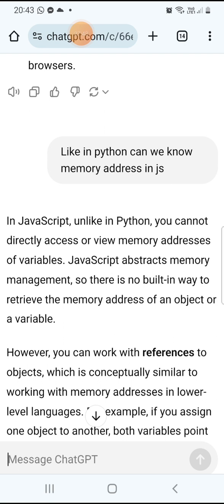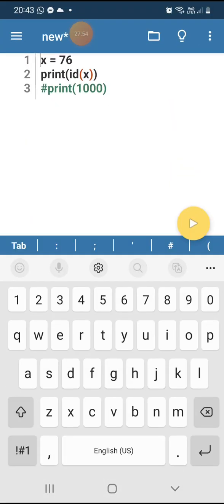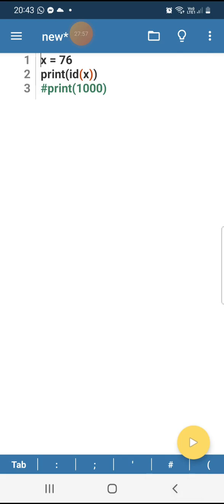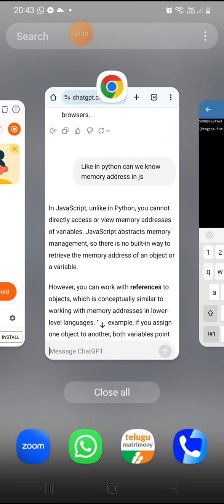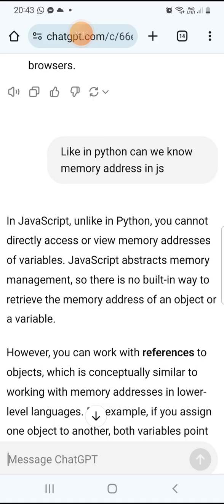In Python, there is one function, the id function. Just as I have shown here, this is the id function I have used in Python to get the memory location of the x variable. In that variable, the value 76 is stored. So whenever I run this, this is the memory location. So in Python it is done, but in JavaScript and